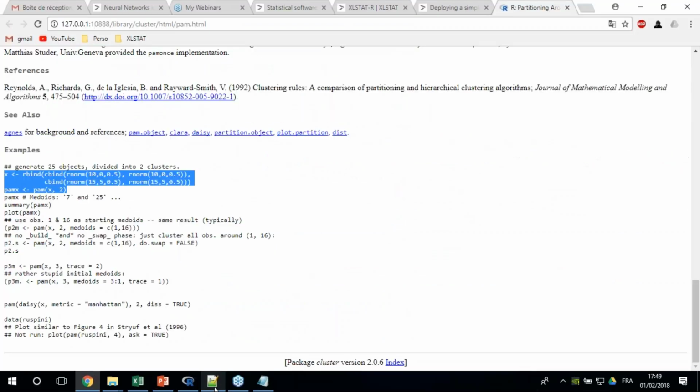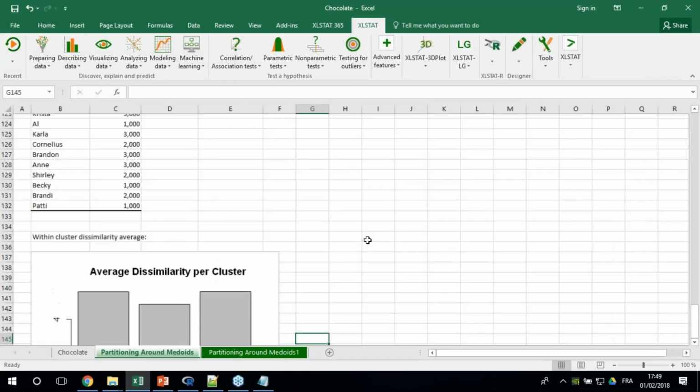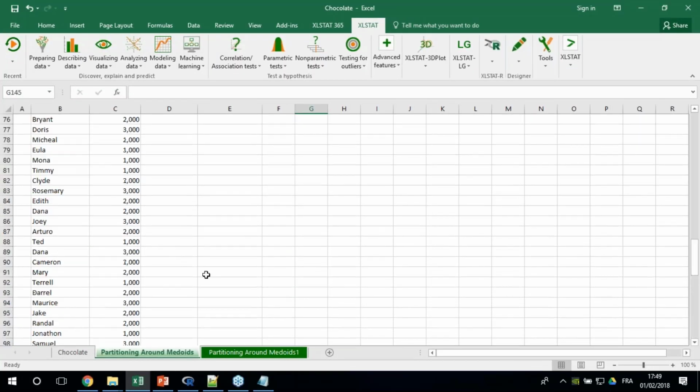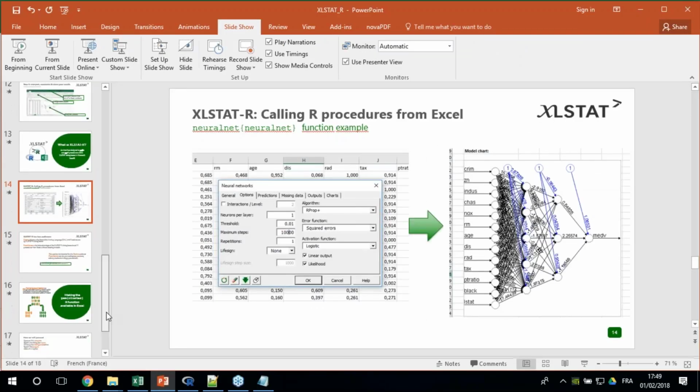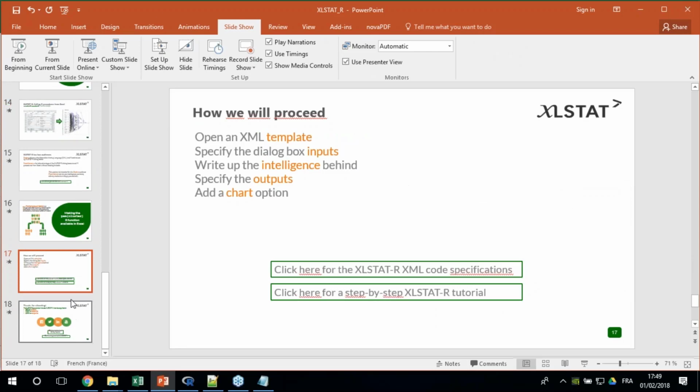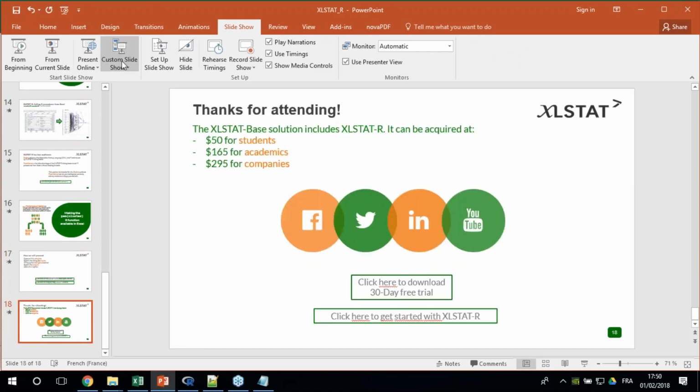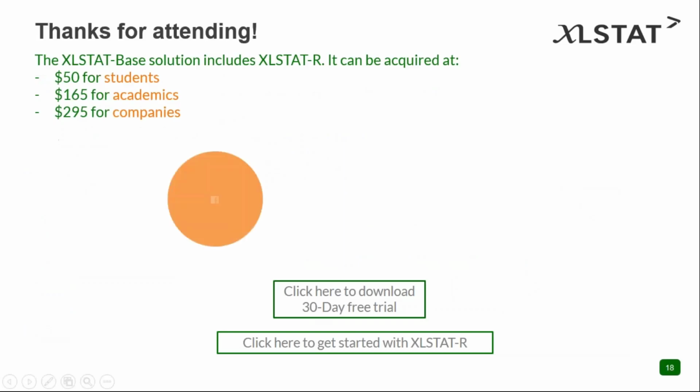So we've gone through all the steps to develop an XLSTAT-R procedure. So I really hope you liked it. And now, just before switching to questions,